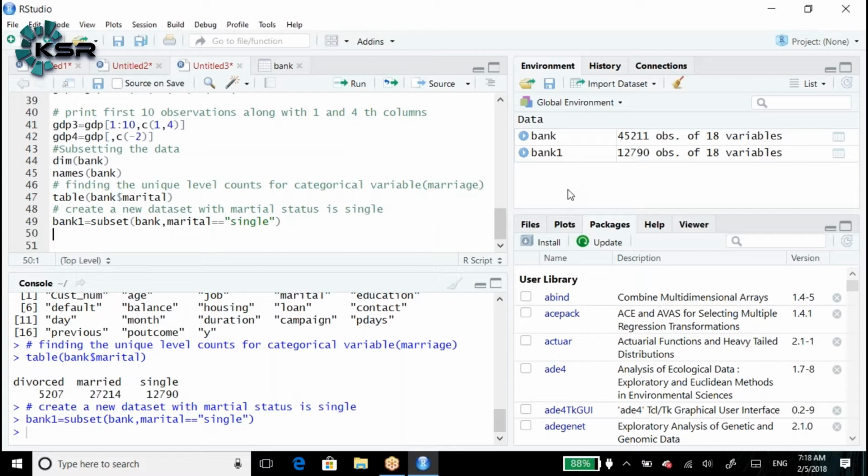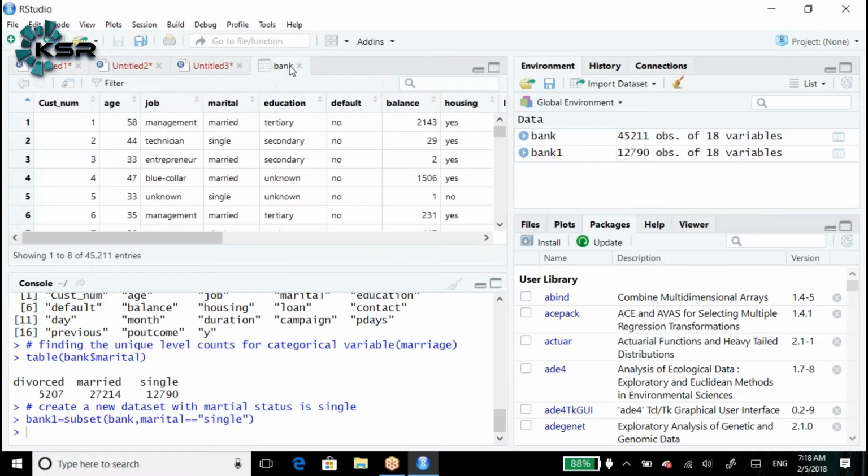This is how we subset the data. While doing the subsetting, is it possible to apply conditions? Yes, definitely possible. What are the conditions we can apply? And condition as well as the or condition. Let's say as a bank, we have the age variable. Under this age, I need only the customers where age is greater than 40.